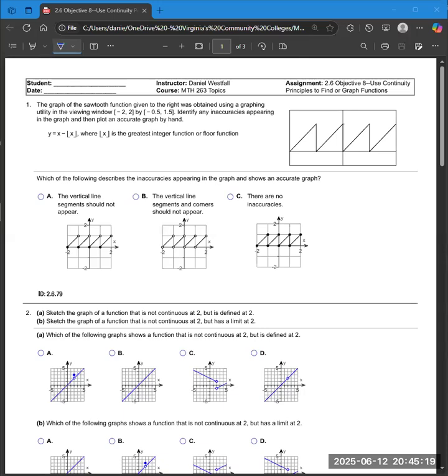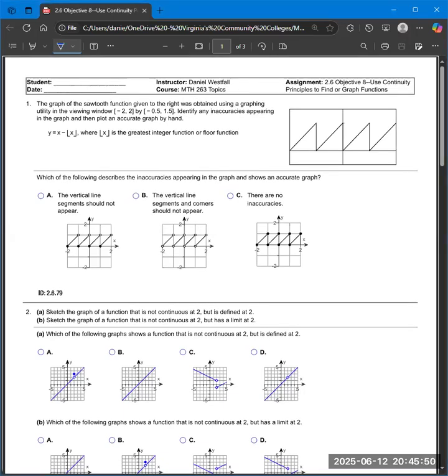This is multiple choice, so we'll select the correct graph where y is equal to x minus the floor of x, where the floor of x is the greatest integer function or floor function, and we should not have the vertical lines here. It should be a function. There should be no vertical lines, and it should look like A here, where